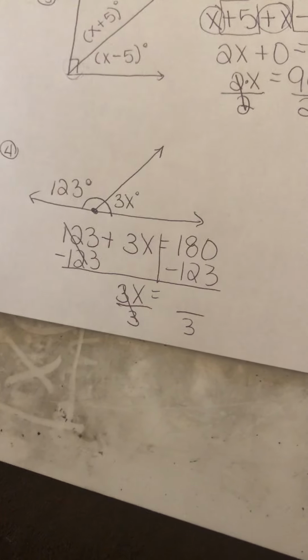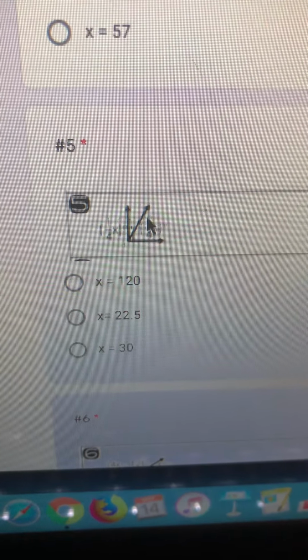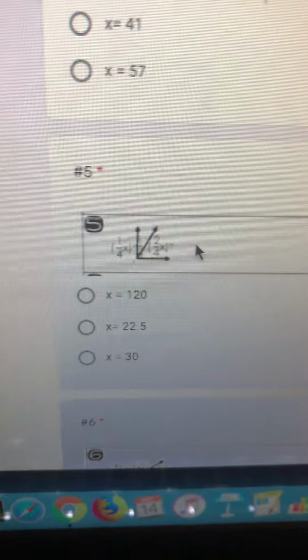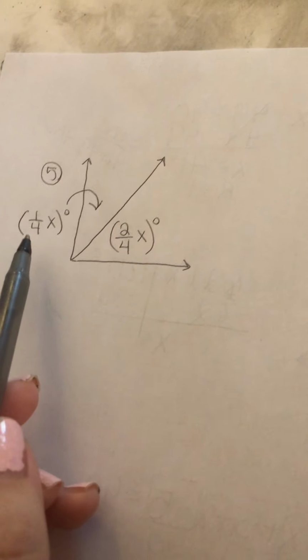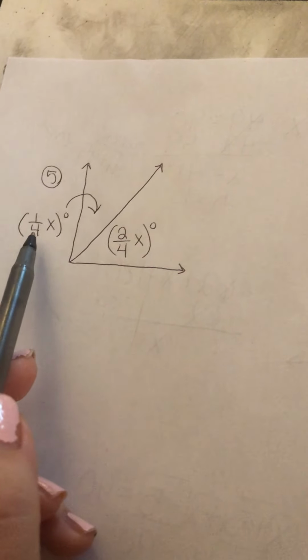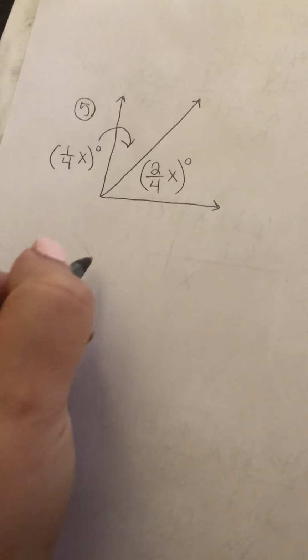get your answer, okay? All right, number 5 is the one I just wanted to show you before I wrap up this video, because I just feel like the diagram was a little tricky, so I just wanted to make sure you understood what was being shown here. So here is a bigger version of number 5, and all the computer did was they took what this angle is and wrote it on the outside because there wasn't a lot of space for the fraction to go in there. Okay, so this just means if I was to rewrite it,